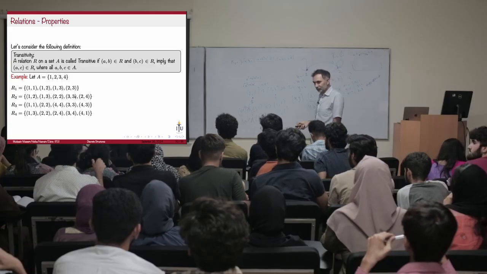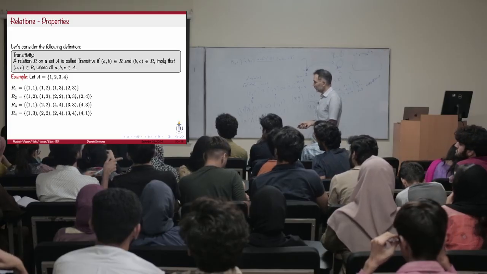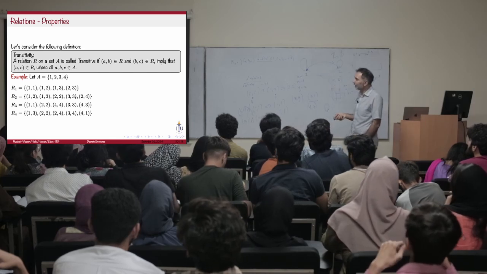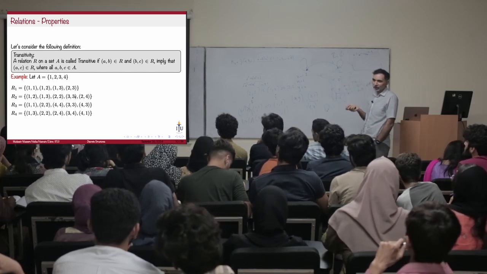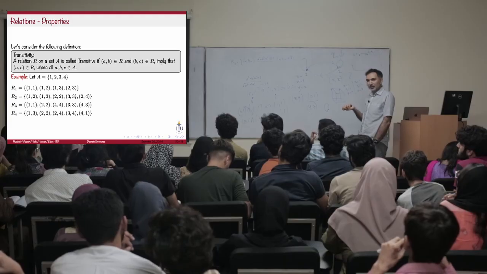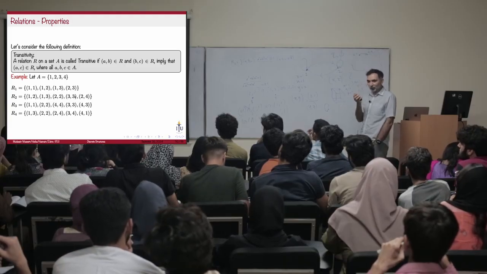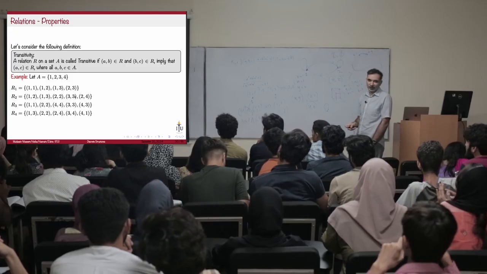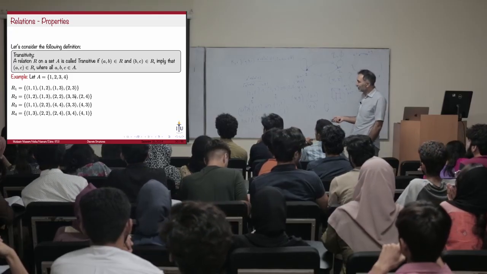Yes. Good. This is not transitive because if I take x to be 1, y to be 2, and z to be 4, then I have xy, I have yz, but I don't have xz. Okay? Awesome. R3,